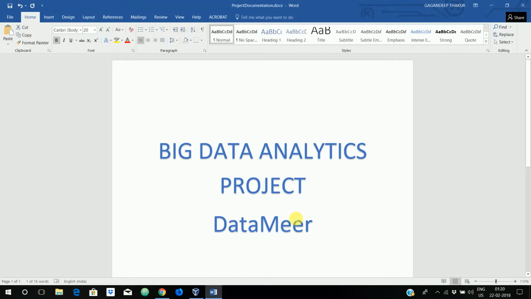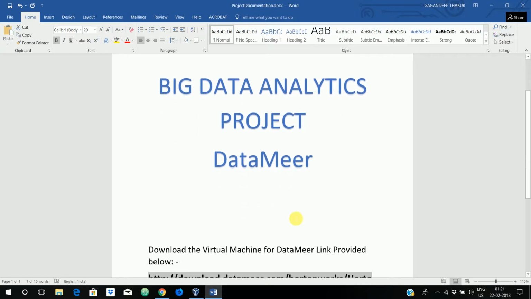Hello everyone, today we are going to do a project on Datameer and I will guide you with the steps regarding configuring Datameer and then working with your Oracle Virtual Appliance. So let's proceed. Before configuring Datameer, what we need to do is we have to download an Oracle Virtual Appliance